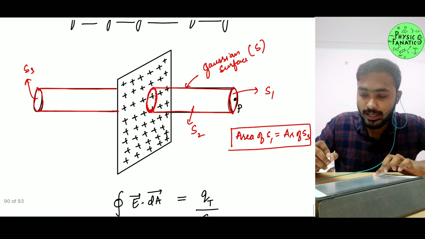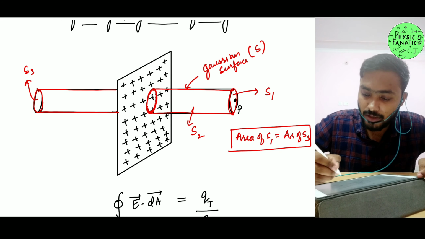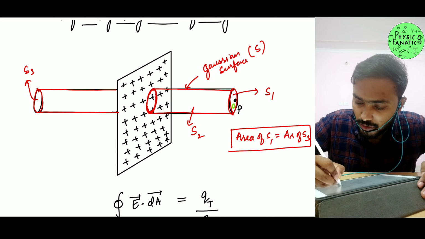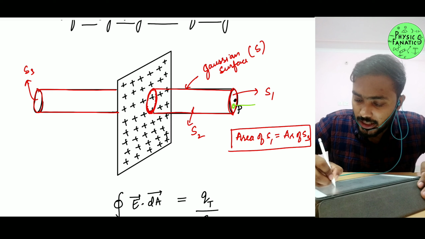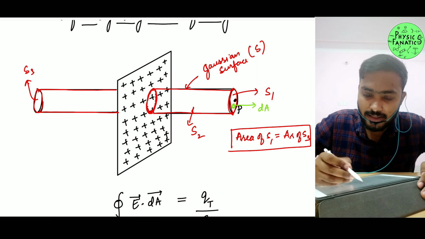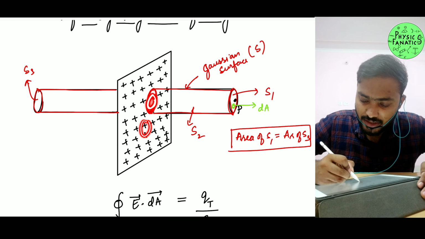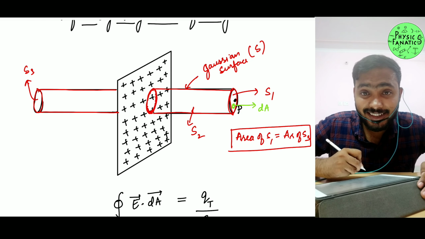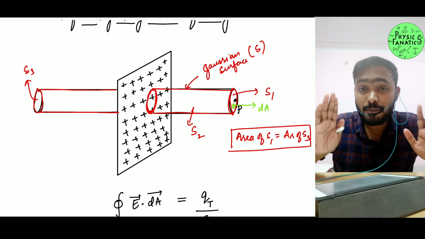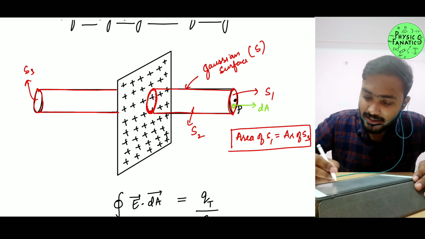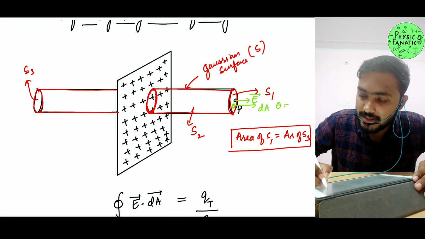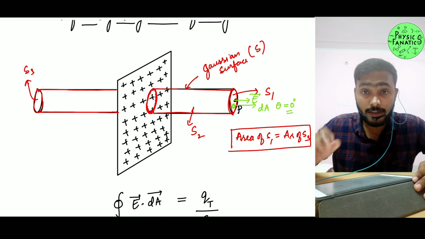Great. Okay, so we are going to talk about small areas in all three surfaces. For the S1 surface, I can take a small area, so the area vector will be in this direction. And what about the electric field? As you can see, this is the sheet charge, and the charge is here, so the electric field is also in that direction. Yes, great. So the angle between them, theta, is 0 in the case of the S1 figure.